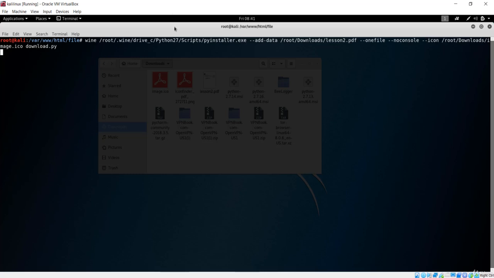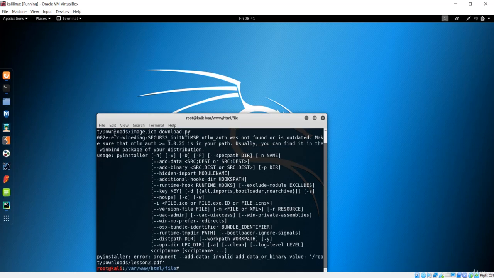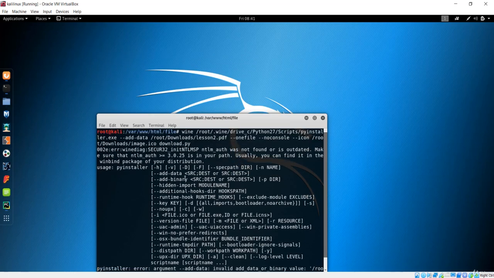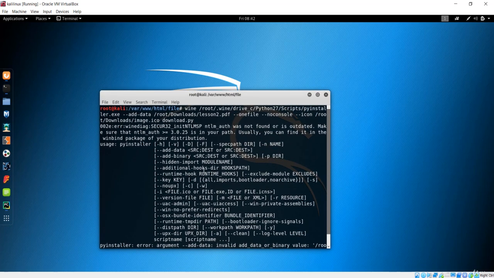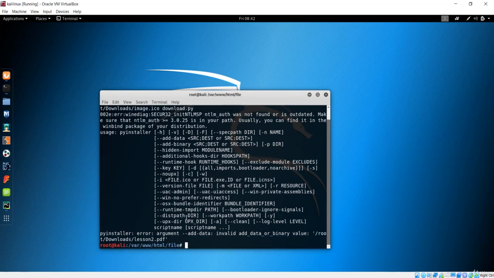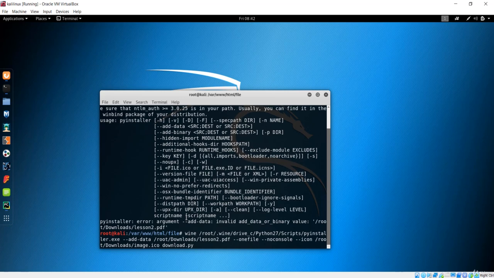Let it take some time. It is giving us an error saying that something was not found, or basically that this was outdated. Add data was outdated, we don't have that configuration over here. One mistake we made was that the add data should be inside double quotes.